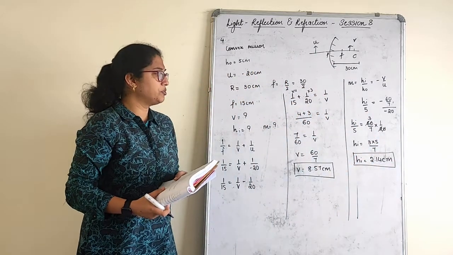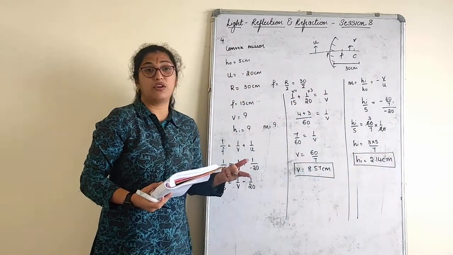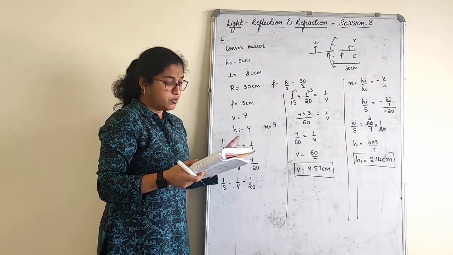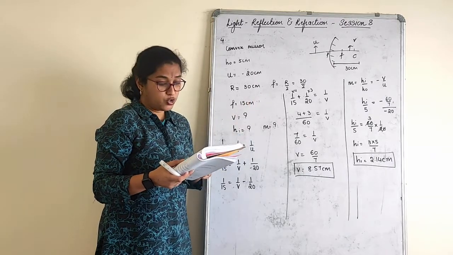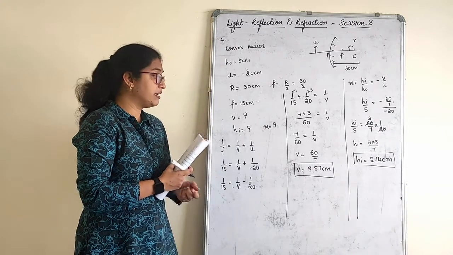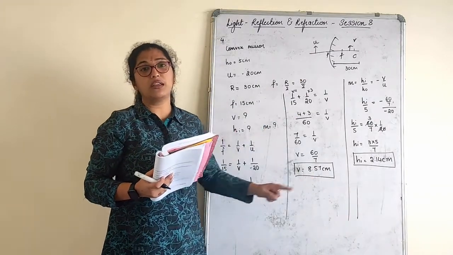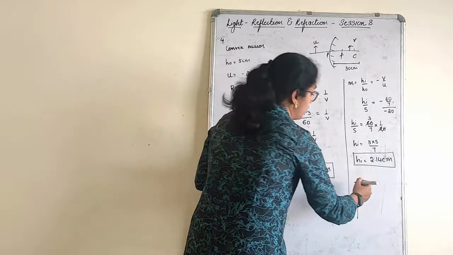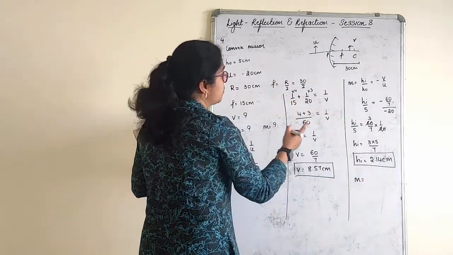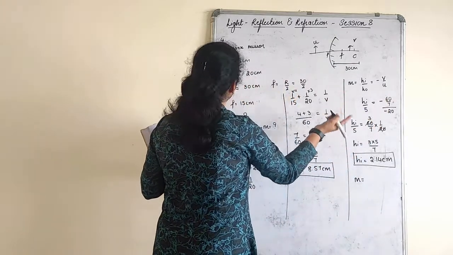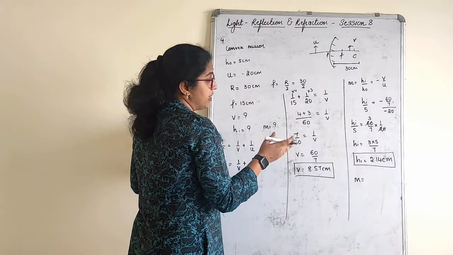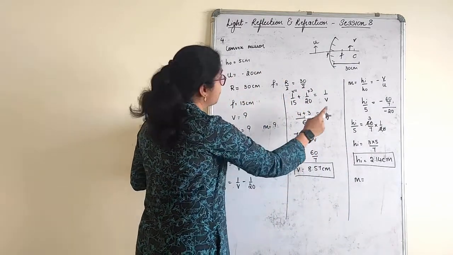Magnification, if you want, you can find, otherwise you can directly tell what is magnification here. Nature they have asked, that's all. So the positive value indicates that it is virtual and erect, the image what is formed. If you want magnification, definitely it will be smaller only, children. You will come to know with that. Let's find magnification also if you want. Get the answer and tell what it is. Magnification is equal to, we can directly say U by V you can take. Yes, it is better we'll take U by V because again that is going to be in the decimal form.